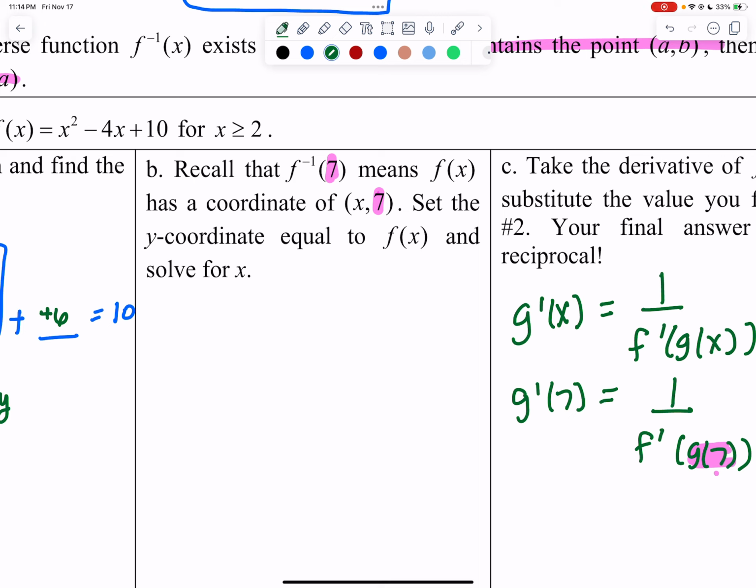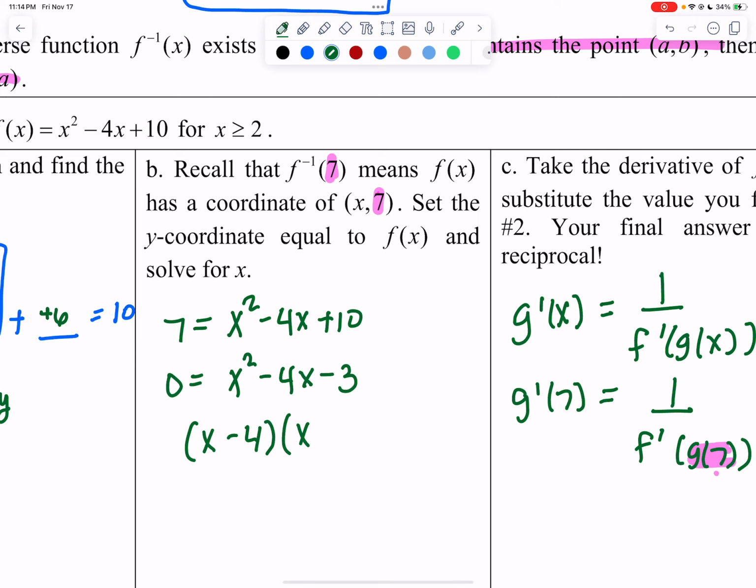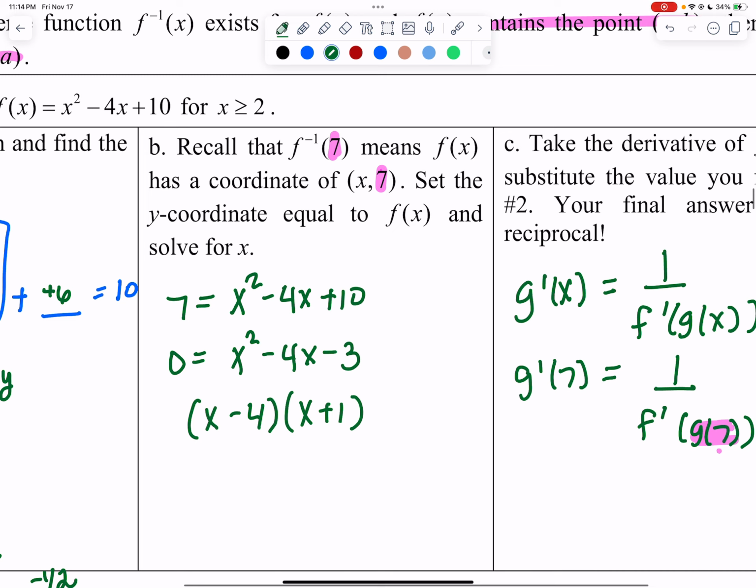All right, so I'm going to set this equal to x squared minus 4x plus 10. That's going to give me x squared minus 4x minus 3. That's going to give me x minus 4, x plus 1. And that's going to give me, oh no, not 4, 3, and 1. Sorry. x squared minus 4x plus 3. x minus 3 and x minus 1. That's going to give you x is equal to 3,